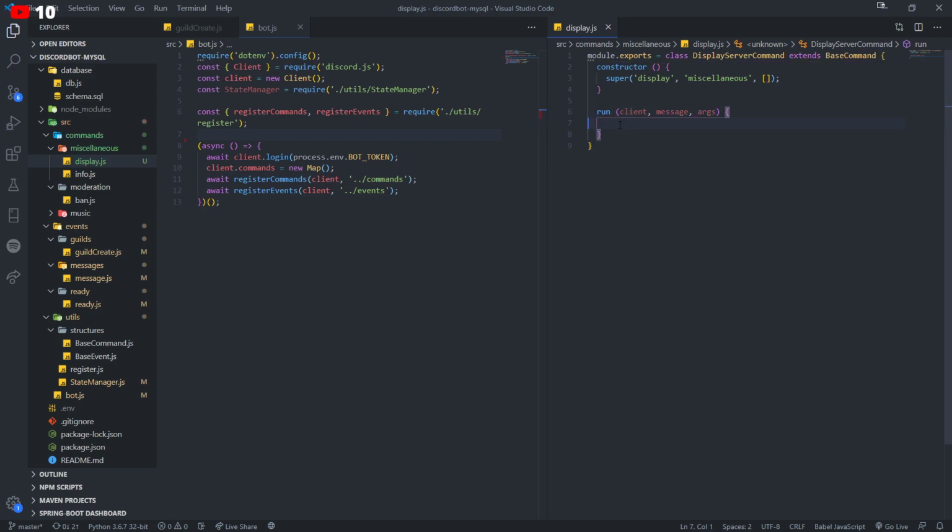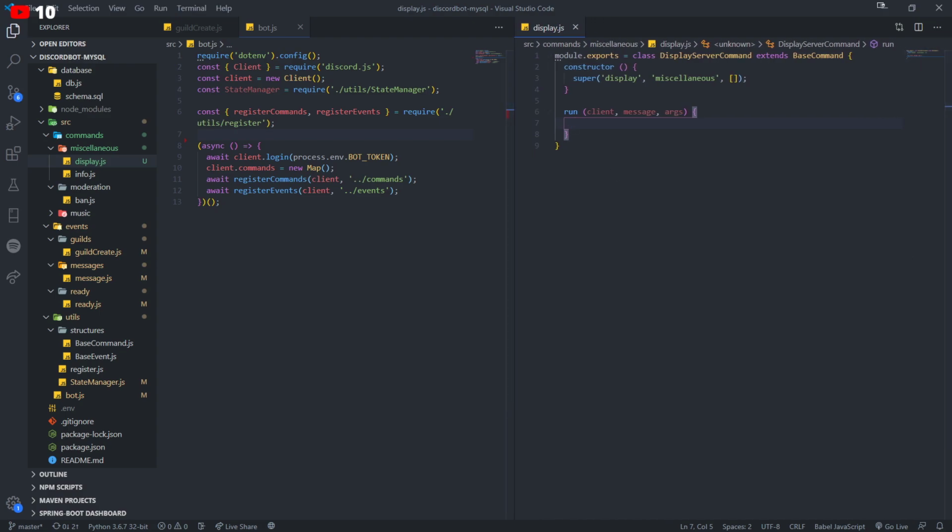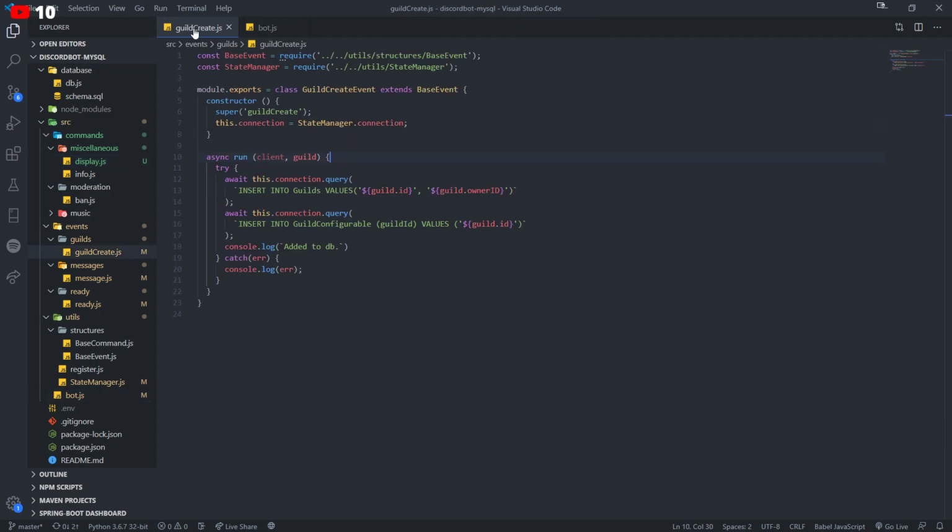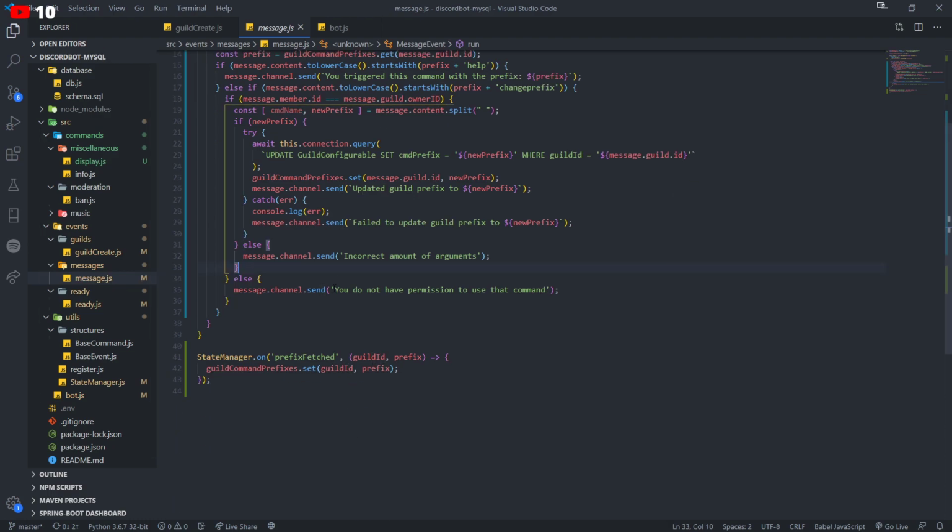Okay. And then inside the display.js, what you want to do to display all the guilds that the bot is in is reference the client's .guilds property. So I'll actually just show you a basic implementation. So let's do a simple else if over here.